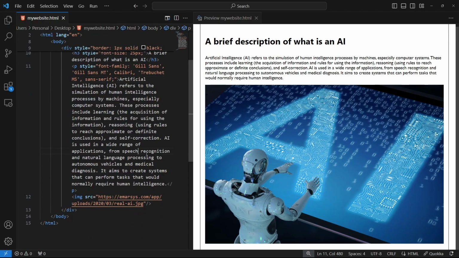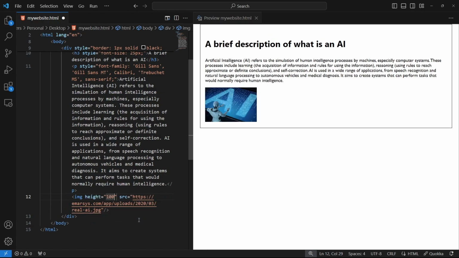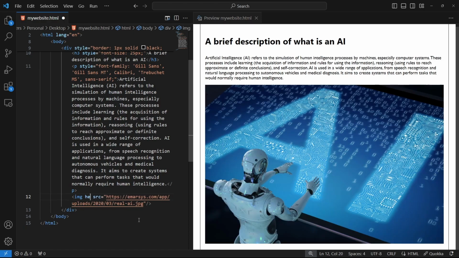And then our image is too big. I think we need to add some width and height. You can add directly the width and height as an attribute for an image. So let's just add 100. But that's not enough. It's kind of small. We can use style as well for changing the height of our image.